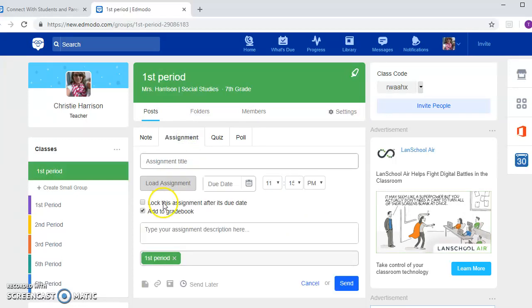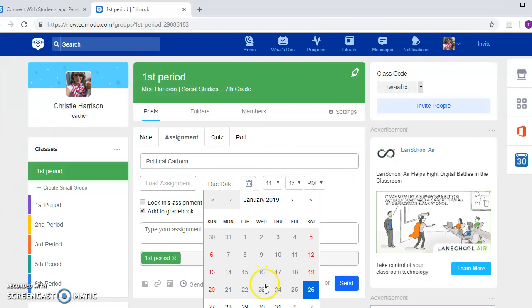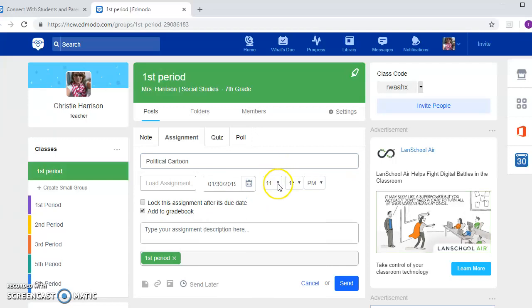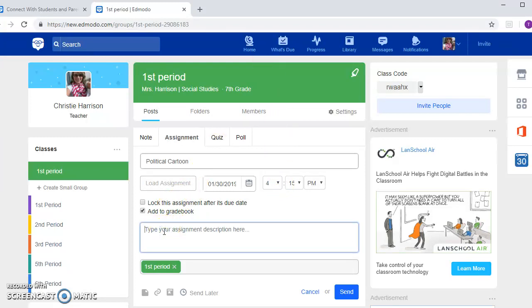So assignments, you can either upload it from your computer or you can create it here on Edmodo. So we'll just create something simple. Political cartoon. So here you will select a due date. And we'll just pick the 30th. And then you can also select a time as far as what time they have to submit it by. And then you also give a short description of your assignment. So just for time's sake, I'll just put in